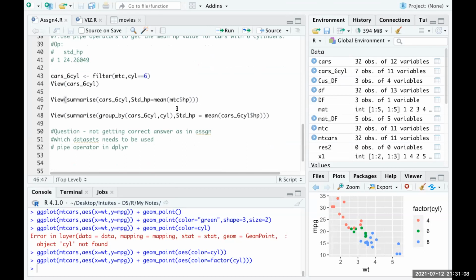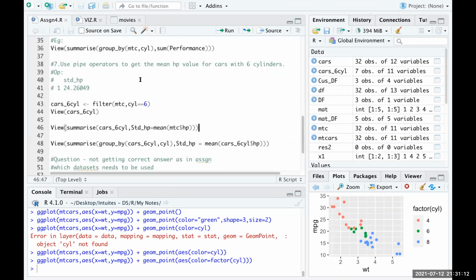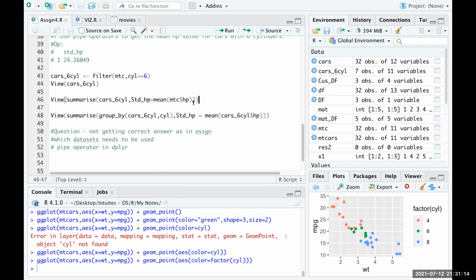So what you have done is you have just applied a filter. They are asking for the mean HP. So after you have applied the filter, you calculate the mean HP. I have stored that filter result in this particular variable and I'm using that variable. If I run these two queries, I'm getting separate output.